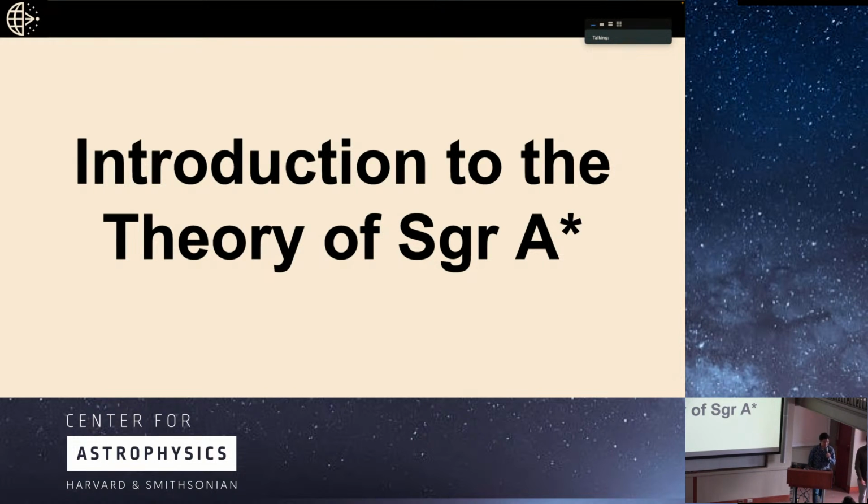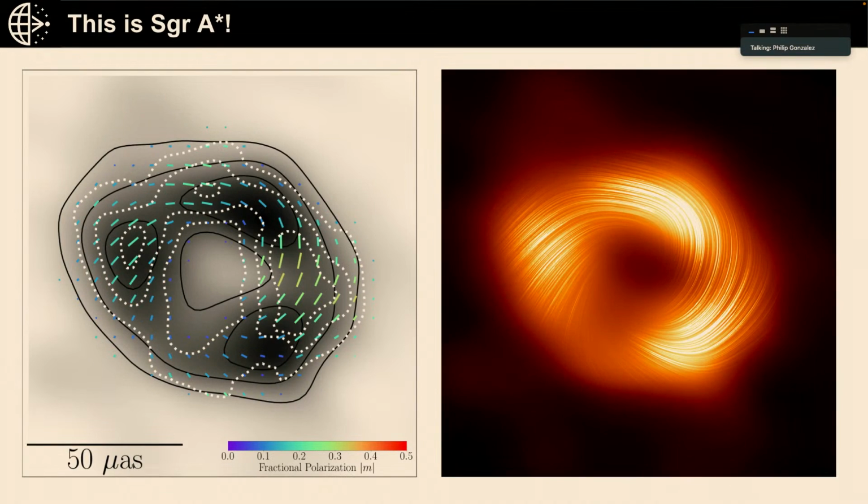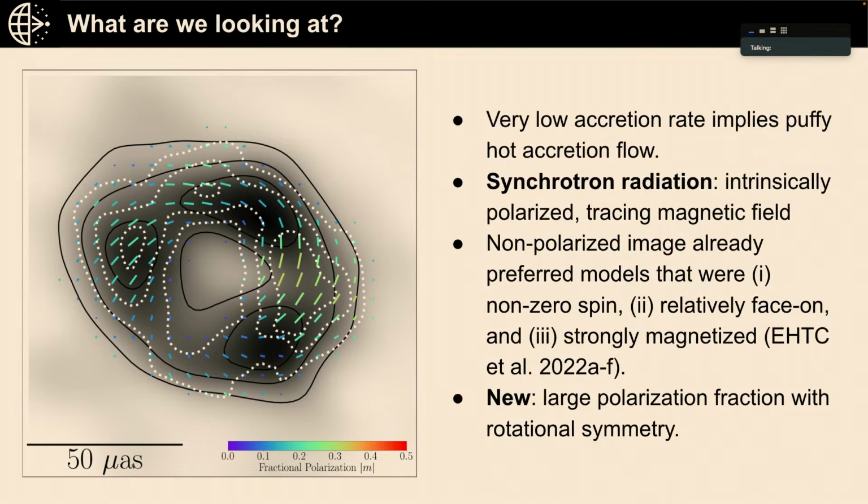All right, thank you. We're now transitioning to paper 8, the theoretical interpretation paper. So here are, again, our images of Sagittarius A*. Starting with these for theoretical interpretation, as you just heard, we're more confident in a consistent linear polarization pattern than for circular. And so structurally, we want to interpret the linear polarization more than the circular polarization. So what are we looking at?